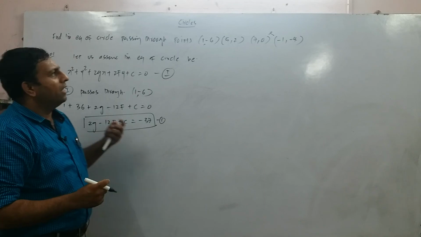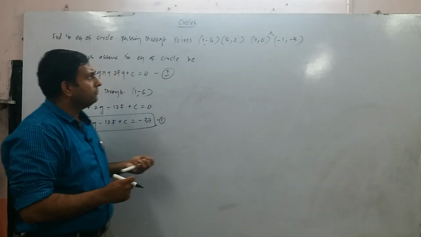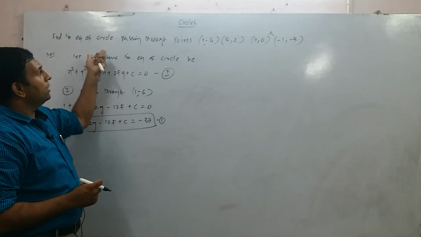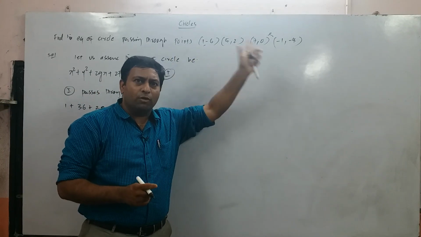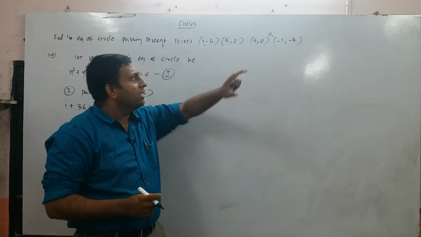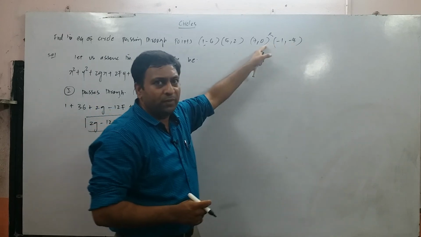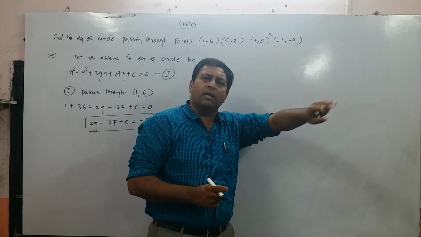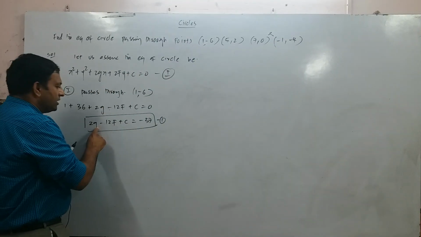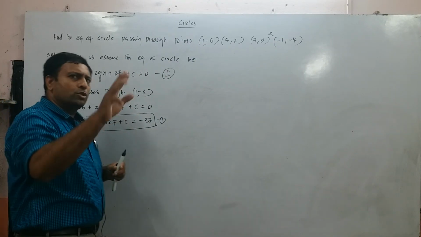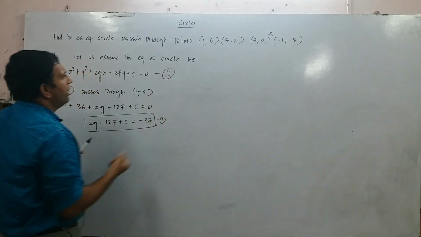You have 3 unknowns, and you have to have at least 3 conditions. So here he has given you 4 conditions, 4 points. 3 are also sufficient, not necessarily that he has to give you the 4th point. Even if 3 points are given to you, you can still find the equation of circle, because what are the unknowns? g is unknown, f is unknown and c is unknown. So 3 points are also sufficient. So I am going to take any 3 points.